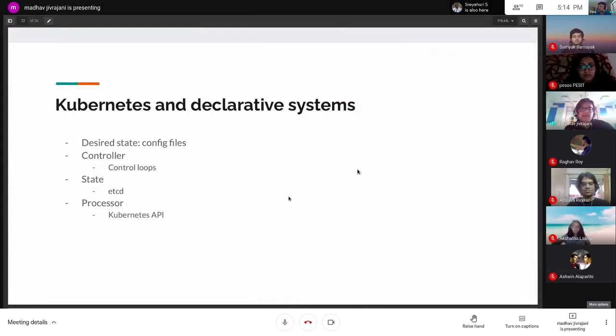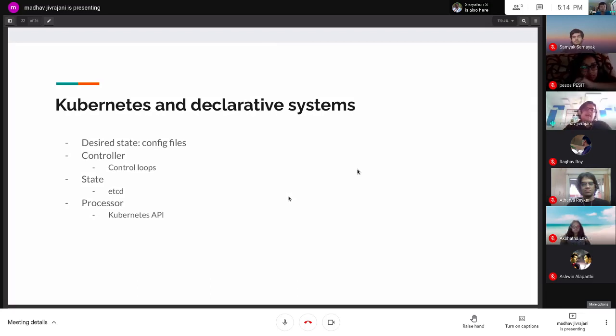The state in Kubernetes is stored in a distributed database, more like a key value store called etcd. So etcd basically stores all information about the state of your current system. For example, if the Kubernetes scheduler says, okay, I have to schedule one particular instance of the process which we just saw, then if a process needs to come up, it will say that the process is ready and to be scheduled onto, say, server A.